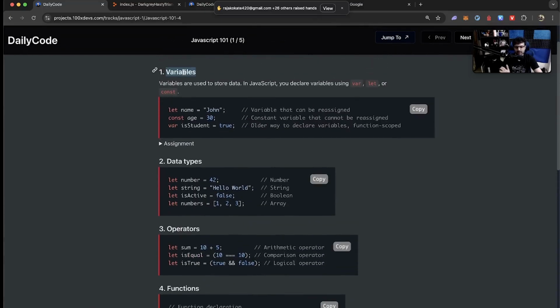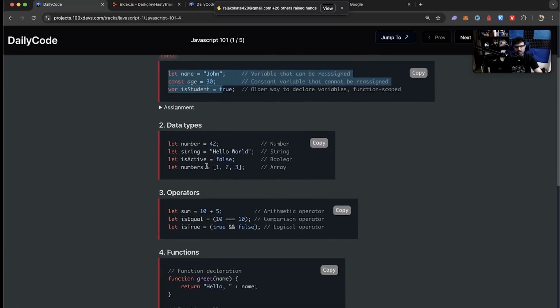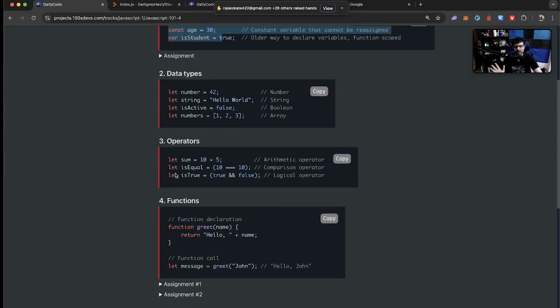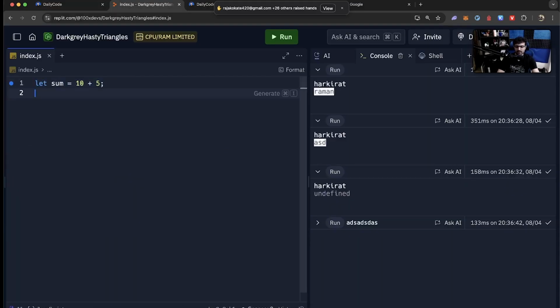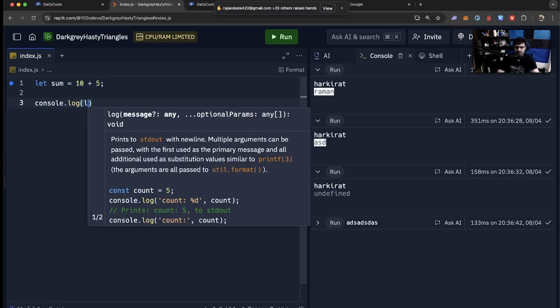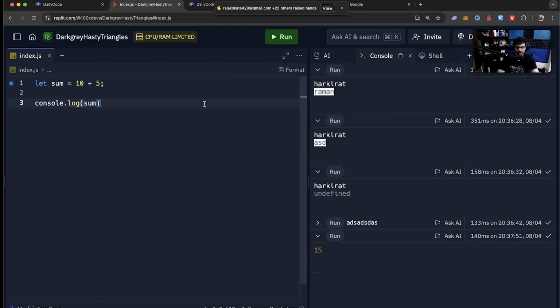To recap, we have learnt about how to define a variable. Totally ignore arrays if you did not understand. I showed you some operators. Okay, you can write code like this. Let sum equal to 10 plus 5. So if I write this code and log it, what do you think gets logged? 15 will get logged, right? 15 will get stored in sum and 15 gets logged over here.